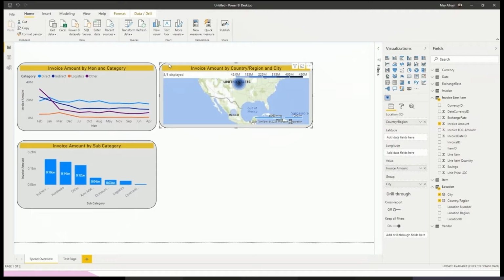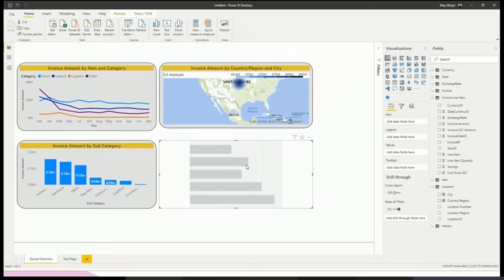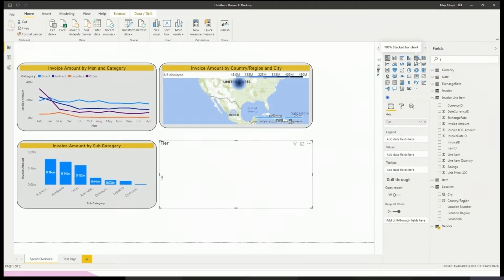So how can I add this one? Let us select the visual first. Then after we select the visual, we can add our data, which is the first way of building any visual. I will select this one. And from there, I will search for tire, which is here. Also, I would like to add the invoice,